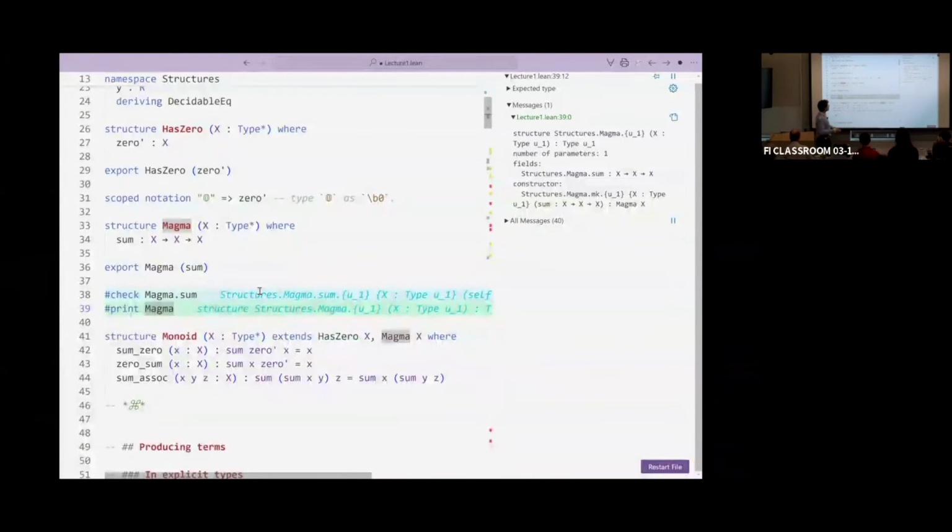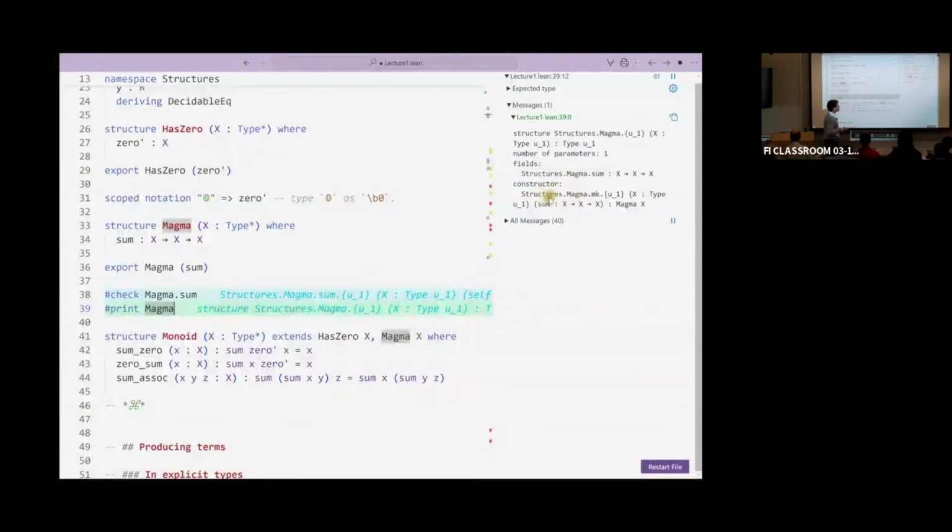So if you do it for magma, it tells us it is a structure. It has just one parameter, which is the type x, and it has one field, which is the sum, and it has one constructor.